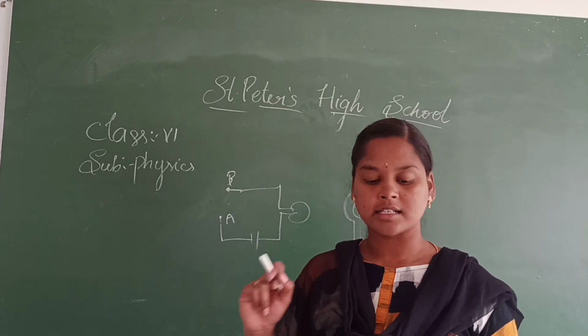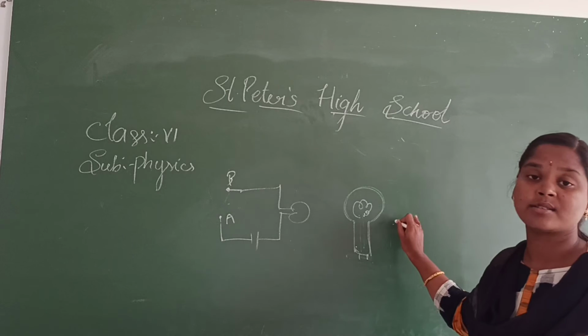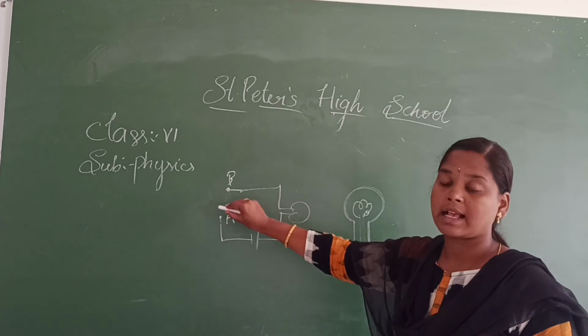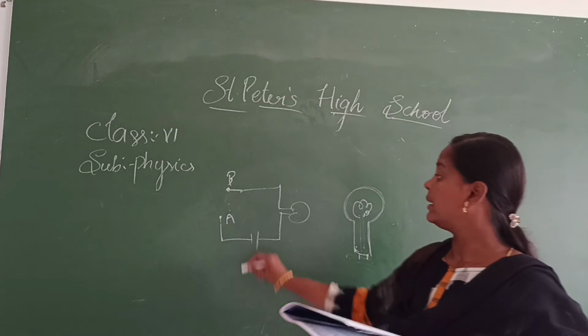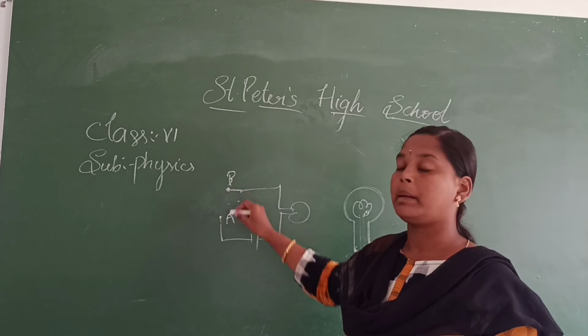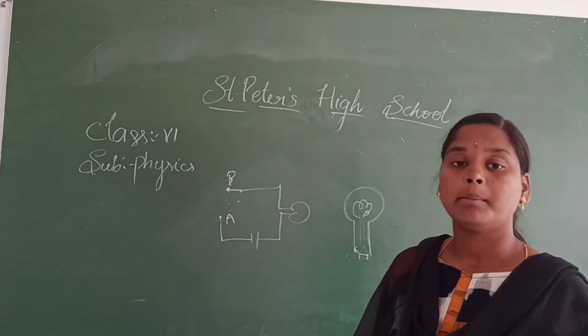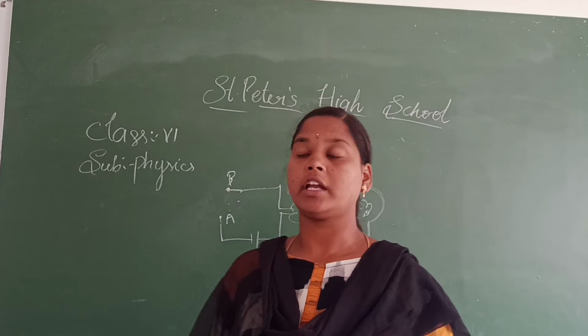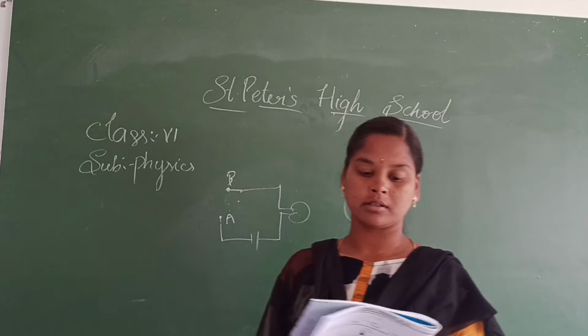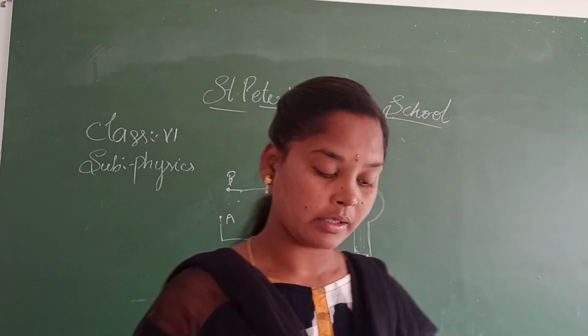Glass rod? Just now we have discussed in the bulb, glass is an insulator, it does not pass electricity. So electricity does not pass if you place a glass rod here. Next, paper cup, plastic comb. Plastic is also an insulator. Paper is also an insulator. Then what is the answer here? Metal coin. If you place a coin here, electricity passes. Next.